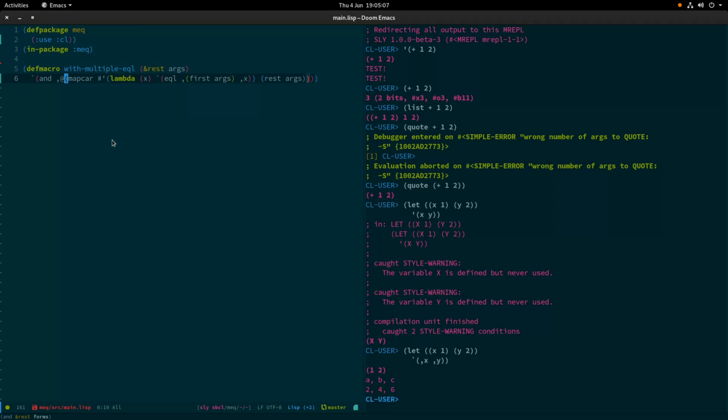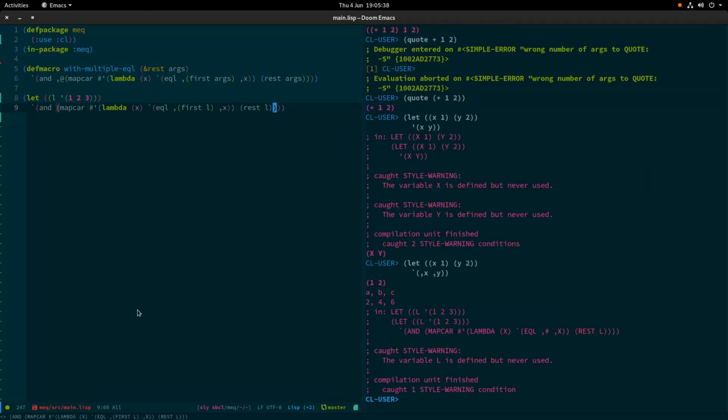So what we will actually end up with is, let's bring that let back. There we go. So we will have and in this list right at the beginning. So we can backtick this and see what's going to happen. Oops. So we get something wrong here. This isn't what we want. So we get the mapcar list in place here because it's a literal, and ordinarily we'd have to comma quote it. But this still won't give us what we want